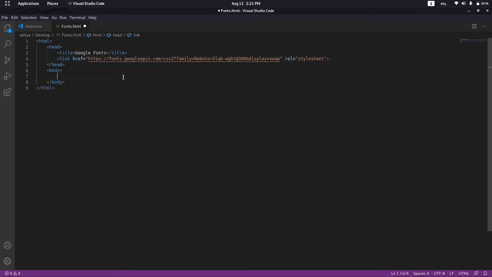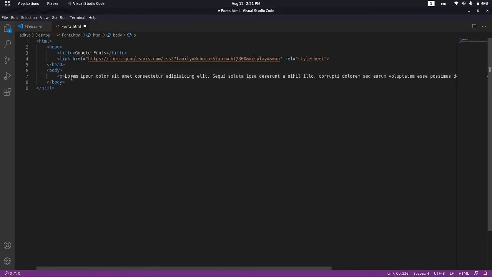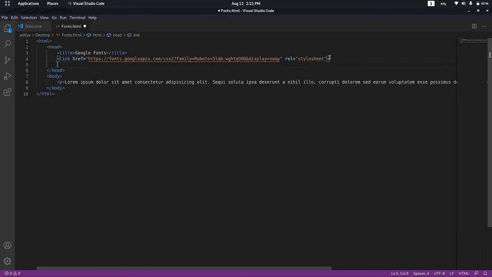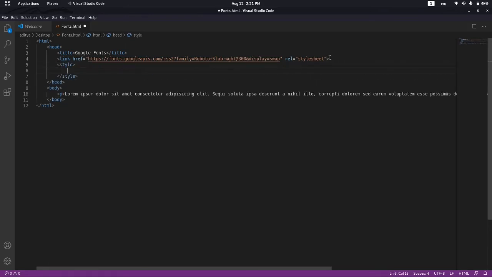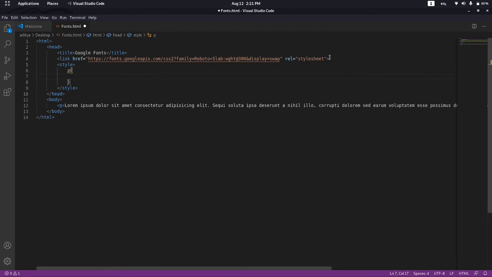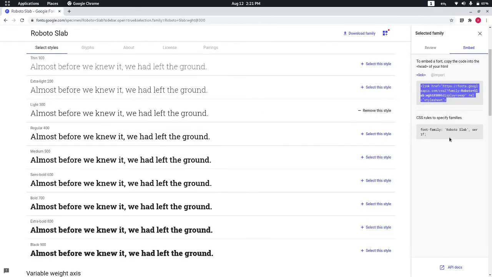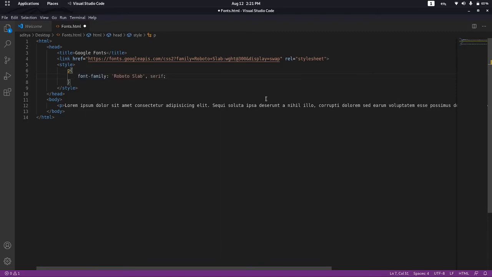Now create a paragraph, fill in some template text, and make a style tag, select the paragraph, and either write the name of the font family in the font-family property or just open this Google Fonts page and copy this CSS statement from here and paste it in this.